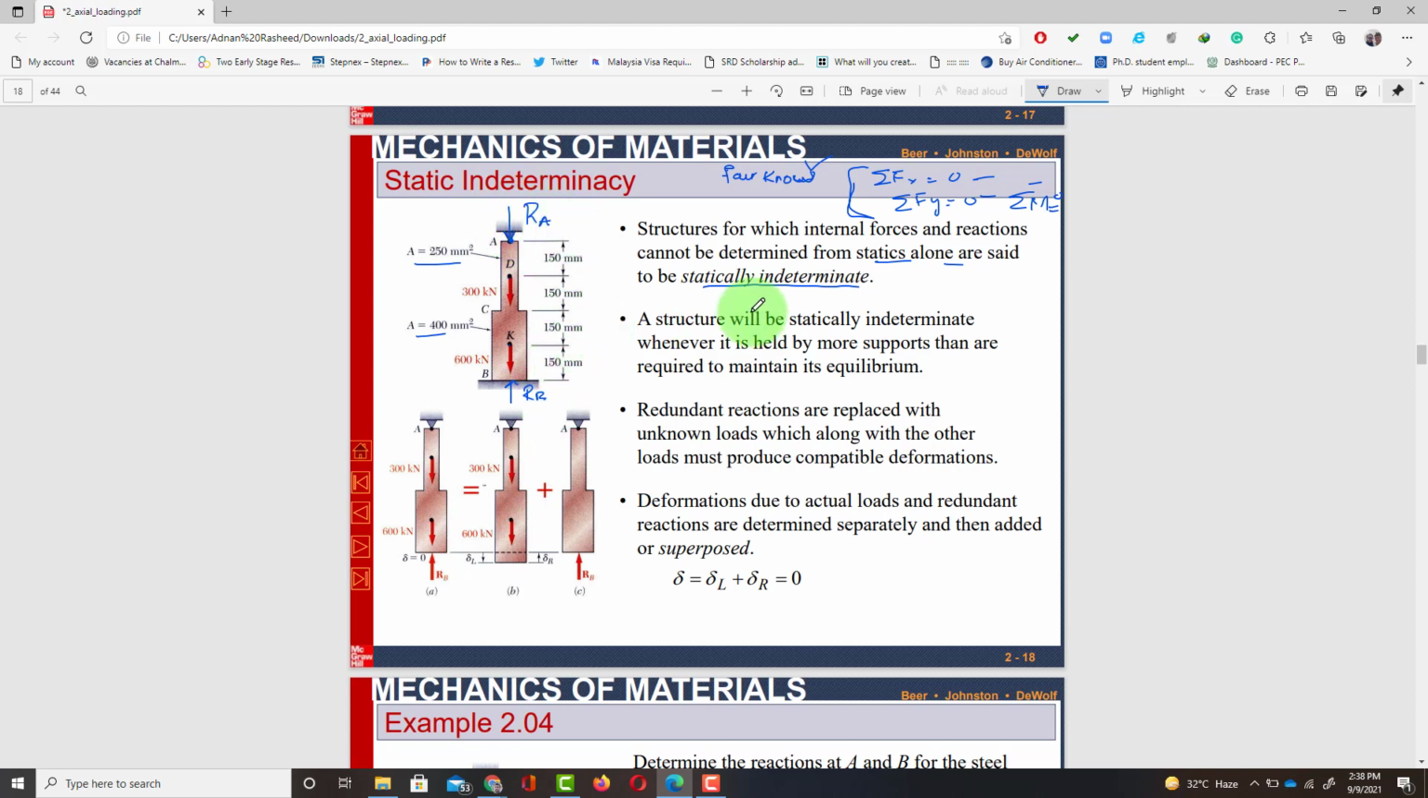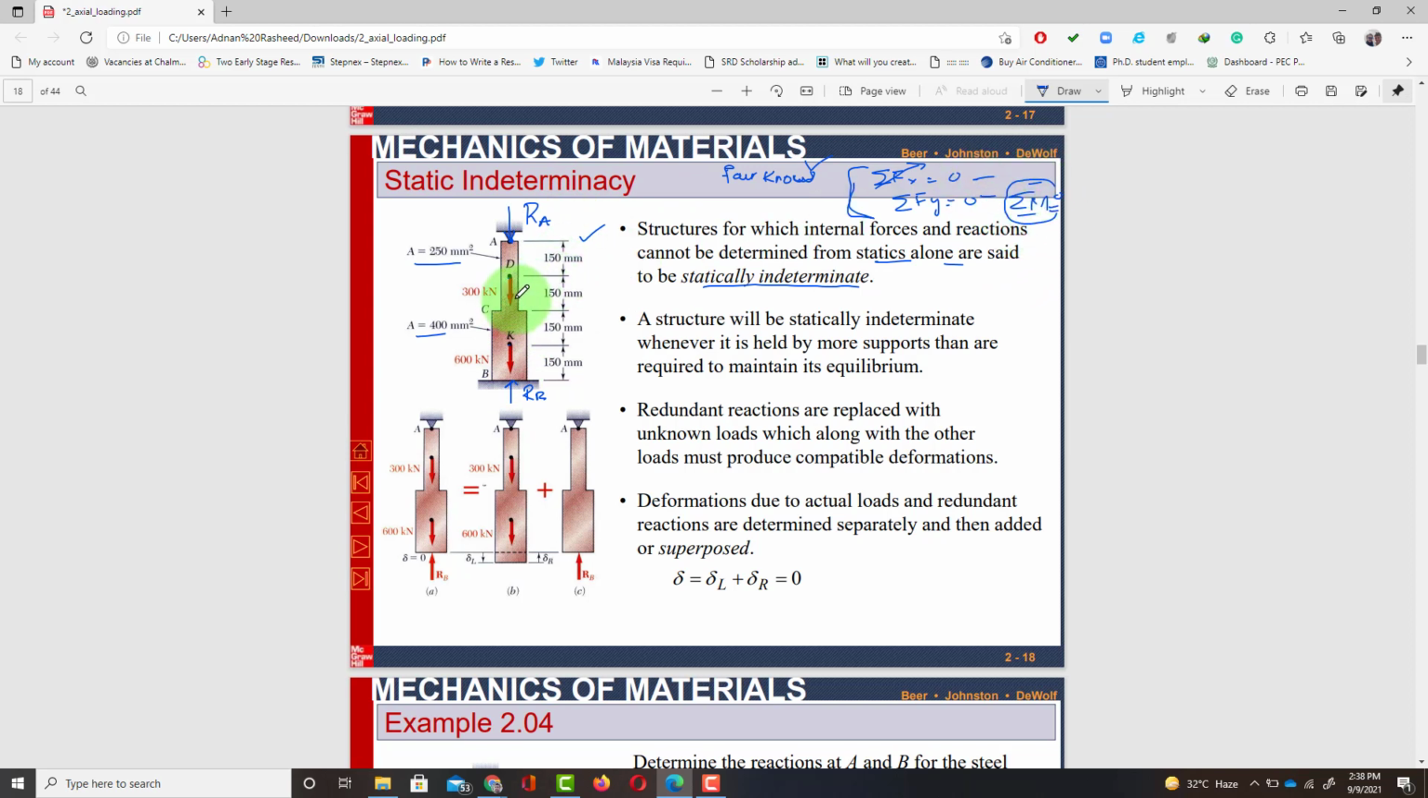So if you apply the three equations, sum of all forces along x direction is equal to 0 cannot be applied on this because there is no horizontal force in this condition. Sum of all the forces along y direction can be applied. So in that equation we will get RA plus RB minus D minus K is equal to 0. So there will be two unknowns. But we cannot also